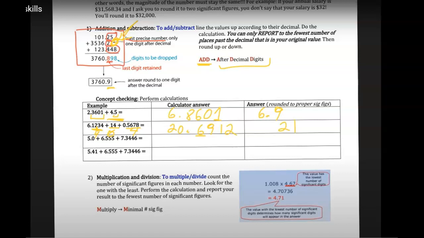The next one is 1 number after the decimal point, 3 after the decimal point, and 4 over here. So this is my least precise measurement, which is going to determine how many my answer is going to have. The calculator answer is 18.8996. Since I can have only 1 number after the decimal point, and the first number I'm dropping is 9, I have to round up. It's going to be